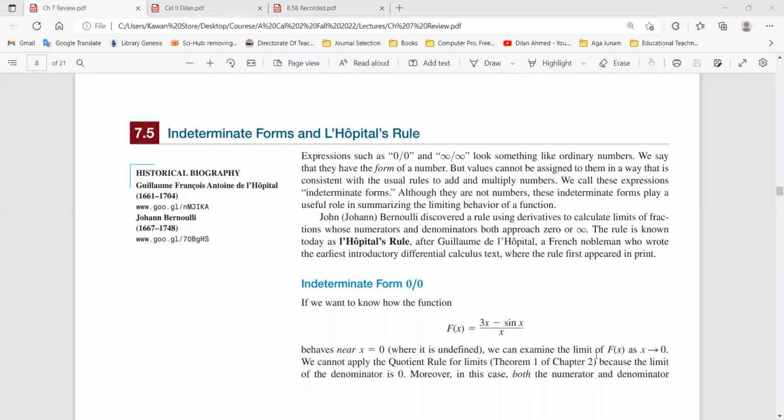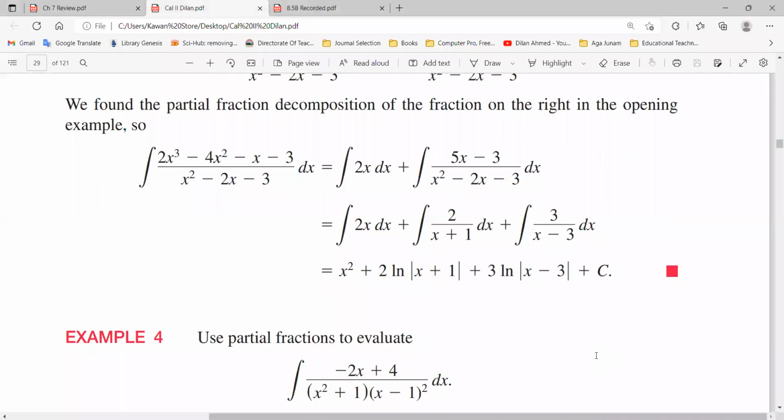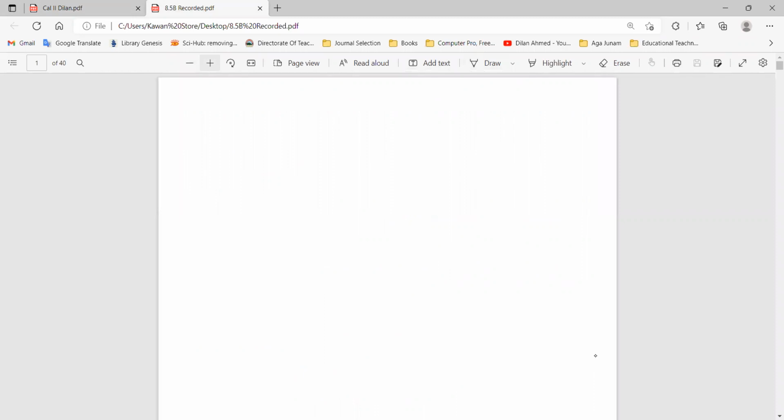So today we are going to finish 8.5. Let's deal with fractions. We saw in the previous lecture, 8.5, if we have